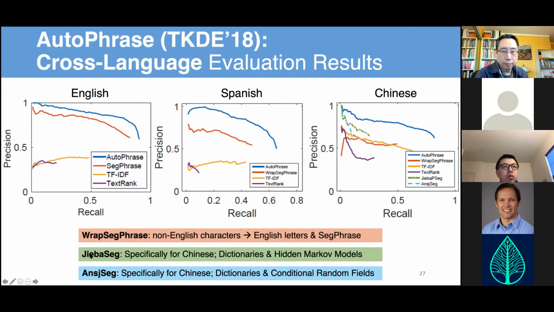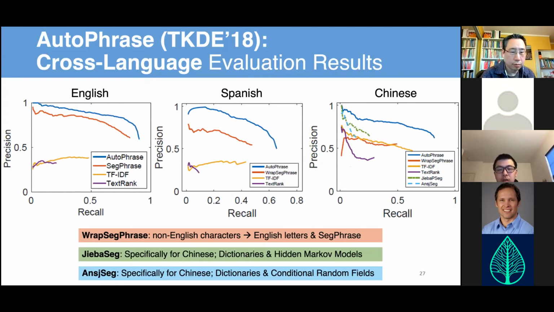And then for the Chinese ones, we introduced 2 specific baselines. One is called JBA segmentation. Another one is called ANSJ seg. They are specifically designed for Chinese. They're using extensive dictionary and some supervised model, which are pre-trained. You can see that in the very beginning, they performed very well for this Chinese phrase extraction task. But later on, this recall is kind of small. It stops very early, and we can extract way more phrases there. So this is kind of the idea. And you can see the performance gap on some other language is even more obvious.